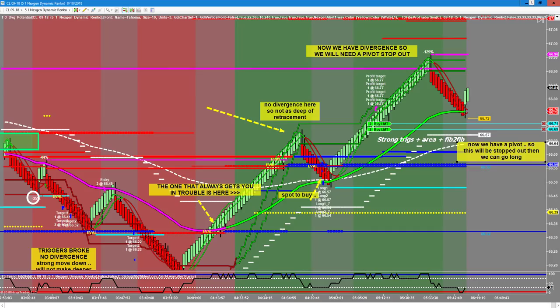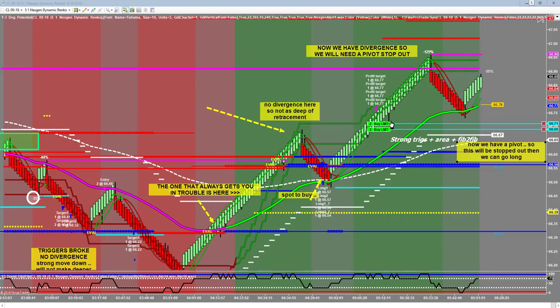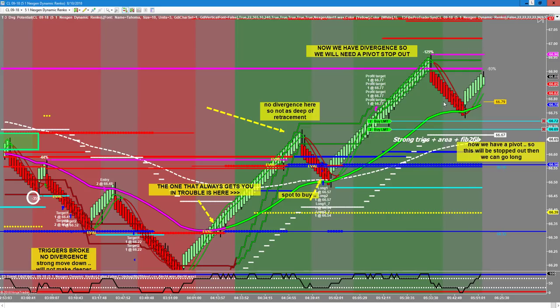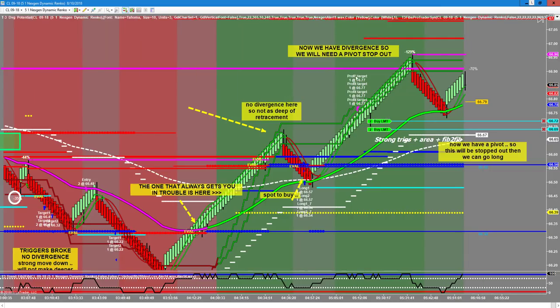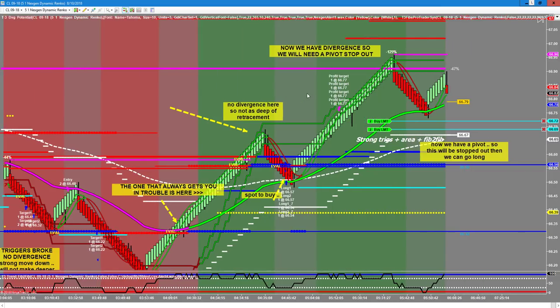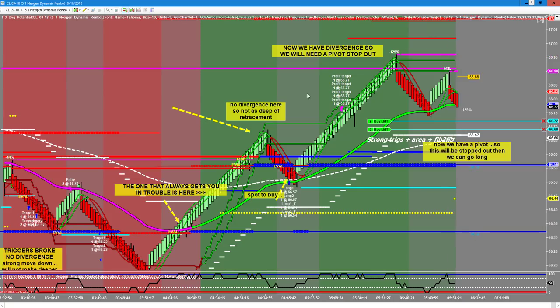Usually what's going to happen is they're going to take out the low of a pivot. And again, I'll kind of show you. And it just means that we're going to get a little bit lower. Usually we're going to retest the lows, and usually we're going to get a pivot stop out. And if you were long, that would be where you had to manage your position again. So again, let's look at this. If you went long at the mid-band,